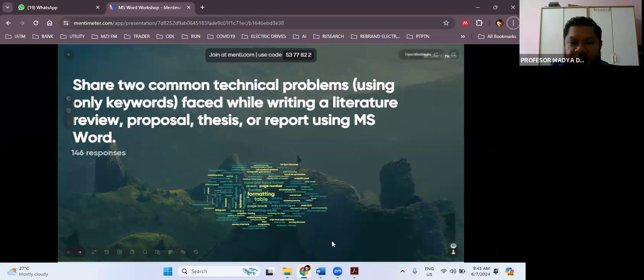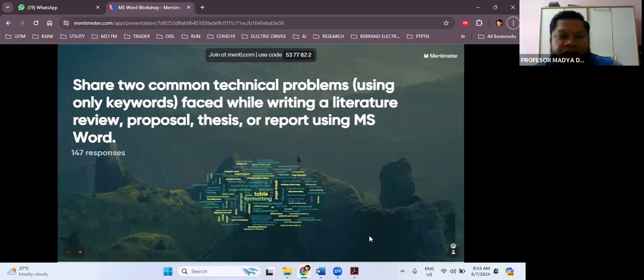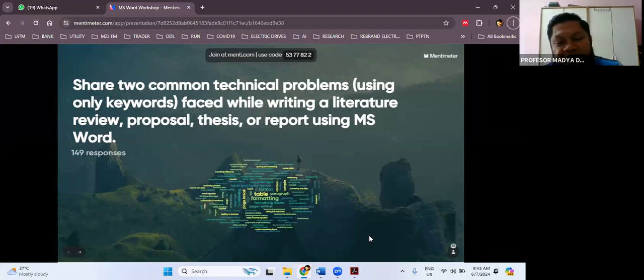Okay, so this is a cloud, the results from your input, from your responses. Table formatting. Those are the ones most of you responded with, from all of you, about 150 plus. So table formatting, yes. You have a problem with table numbering, and the page break, numbering. So table and figure format, copy paste figure,